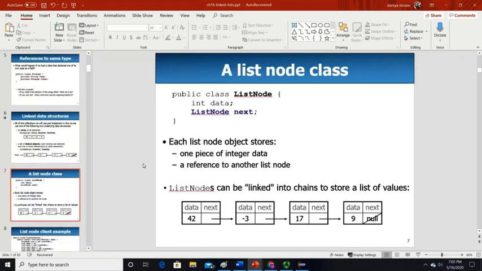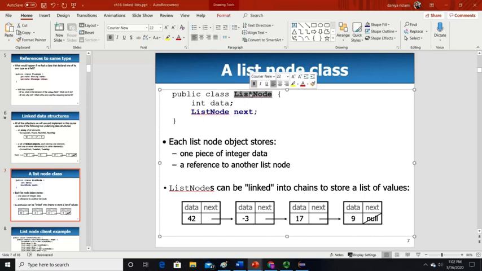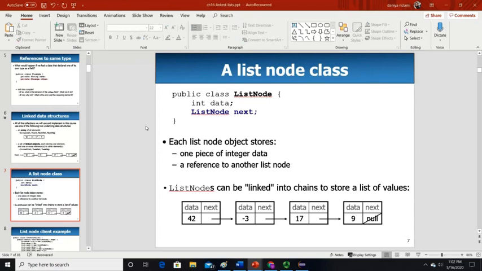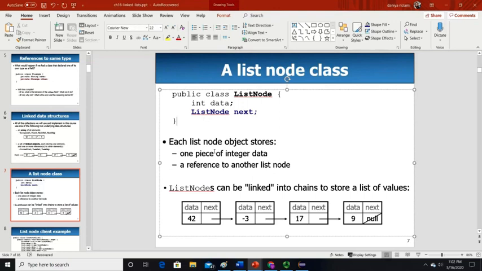Okay, so how are the addresses created, and how do those addresses work in a linked list? Here is public class ListNode, a list node class in Java. A linked list is already created in the java.util package, but we will recreate that linked list in our own way. For that, I will first go over the PowerPoint slide with the solution and then we will do it in Eclipse, or you can directly do it from your PowerPoint slides in Eclipse as well.